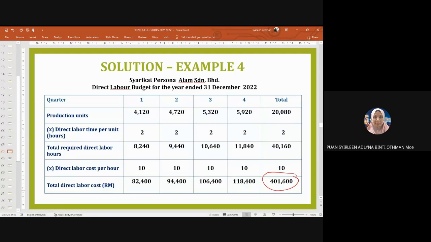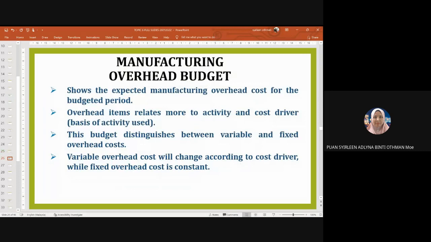And now we are going to prepare our manufacturing overhead budget. So today I am going to focus on the production budget only. Next class we are going to do the cash budget. So for the manufacturing overhead budget, we know that you have